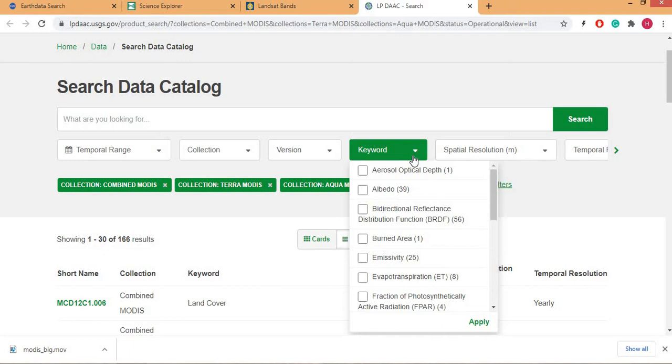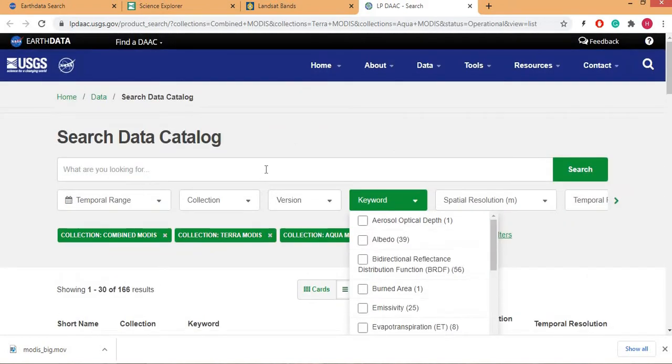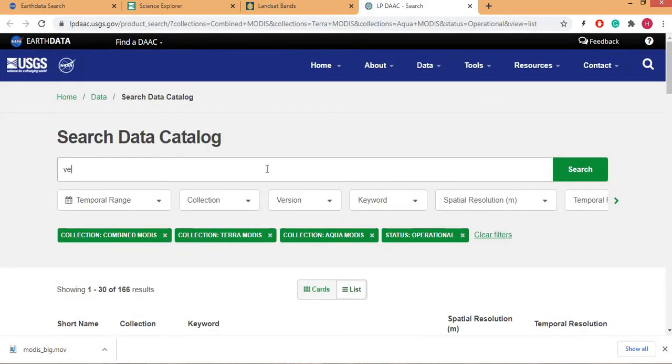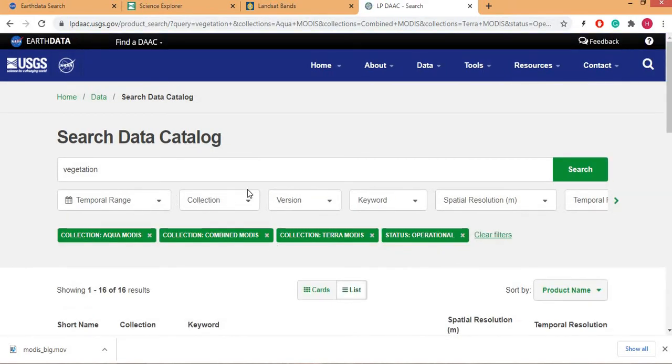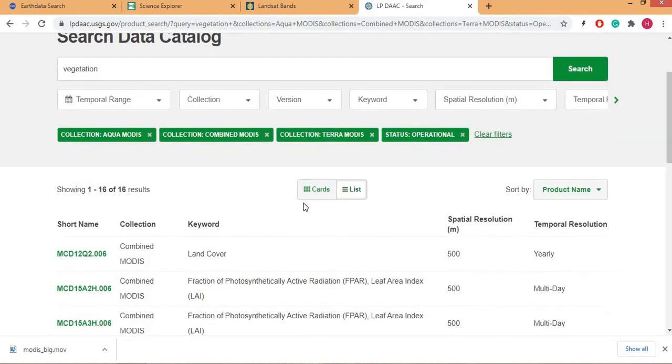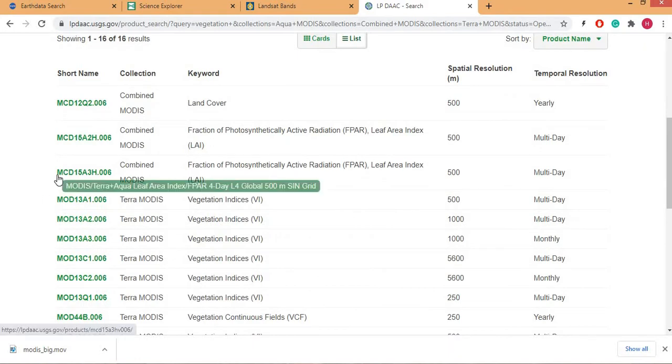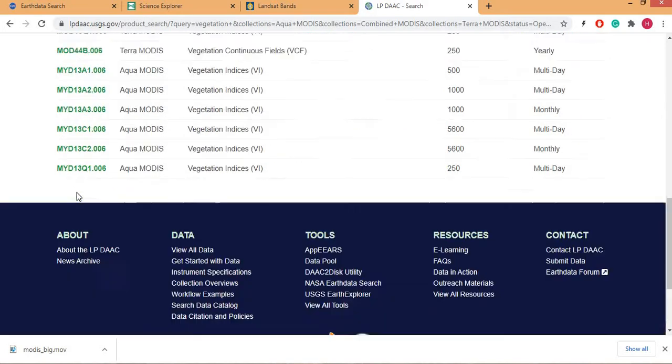If we want to go for any keyword, like we want vegetation data, we can select it. So multiple vegetation products with all temporal ranges, with all collections, with all versions are available here. So this is the MODIS code. This is the code for each satellite, like